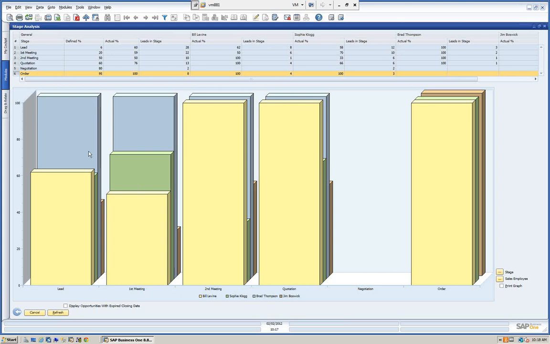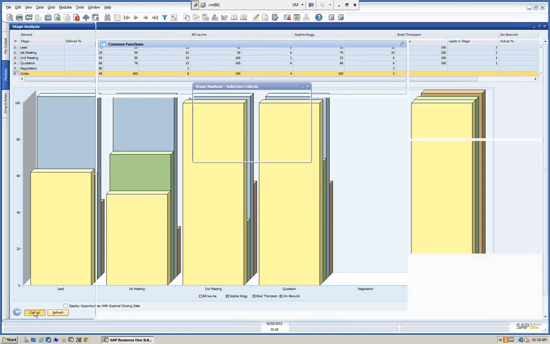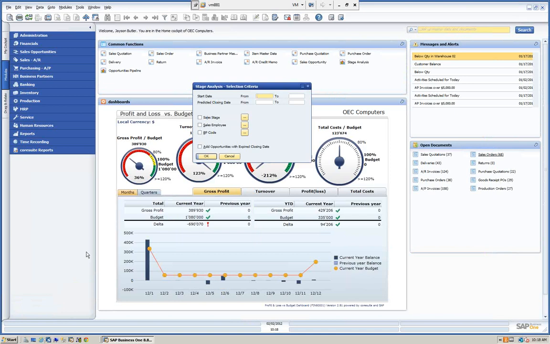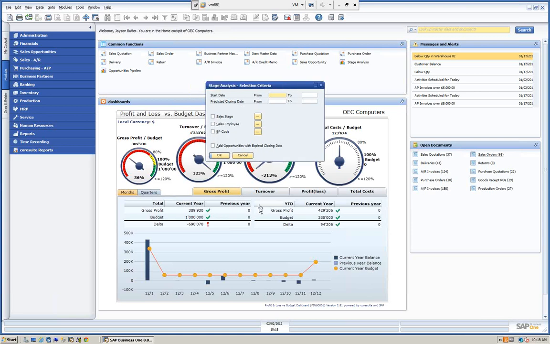And again, with that data ownership we talked about, you can actually set data ownership. So that way, Sophie can only see her information, let's say, and Brad can only see his. And that's available on our website. There's a webinar we did on data ownership within SAP Business One, which is very nice to actually do that kind of stuff. So we don't have salespeople looking at each other's